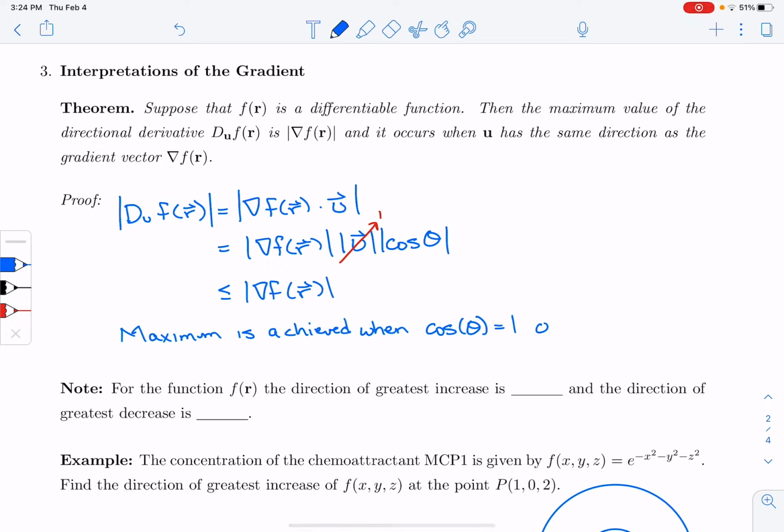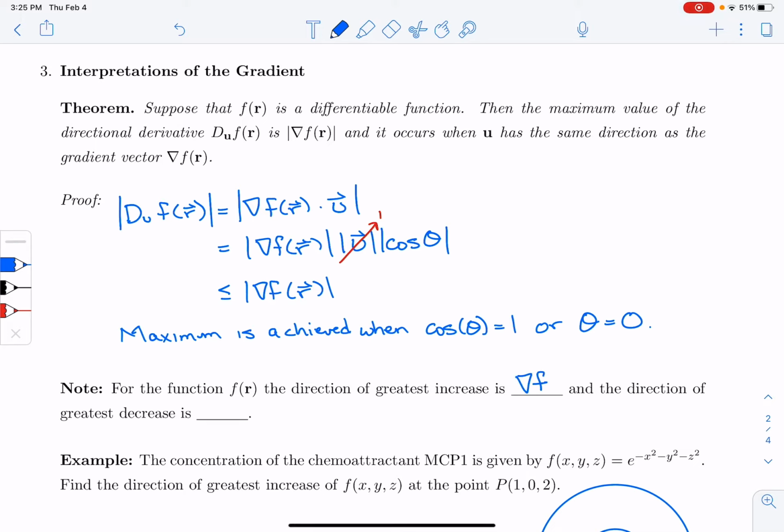That's when theta is equal to 0. And so if the gradient is in the same direction as u, the directional derivative is maximized. So what we're saying is for the function f of r, the direction of greatest increase is going to be the gradient of f,